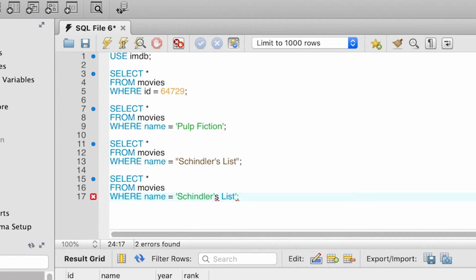So we write now our string as Schindler backslash single quote S list. And now this backslash character indicates that the quote character is not marking the end of the string, but it's actually part of the string. So we call this backslash character the escape character, and it indicates that the quote is not a special character which indicates the end of the string, but it's just a regular character that is part of the text.